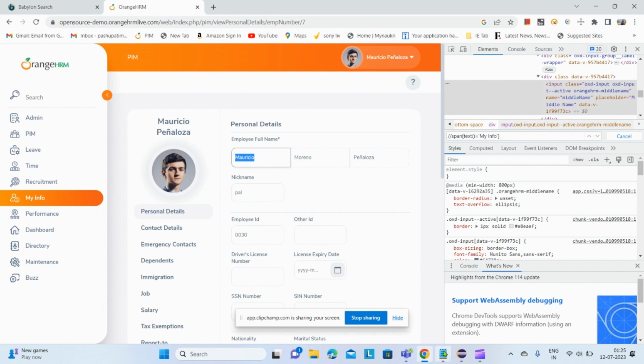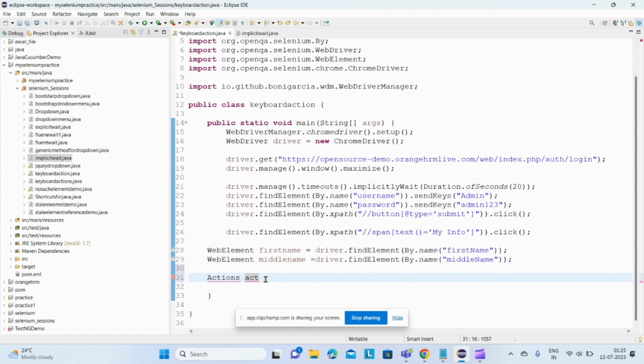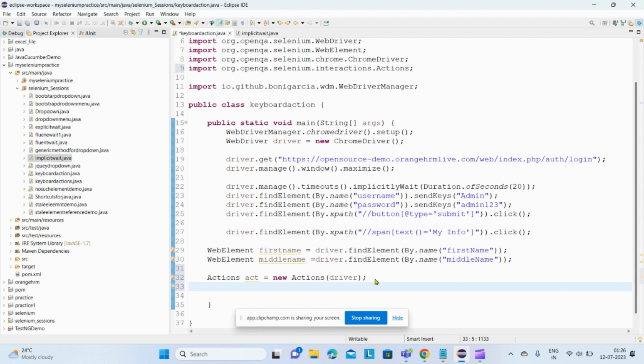For that, we have one special class in Selenium, that is Actions. Name it as anything, Actions act equal to new Actions with the driver instance. Now import this, Control Shift O. Now after this, what I want to do, I just want to, here you can see that,